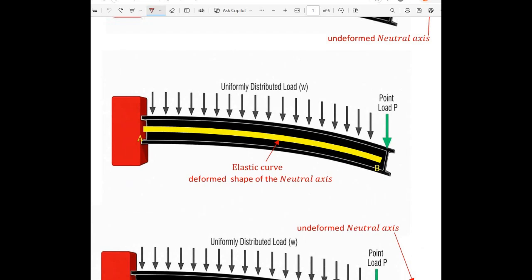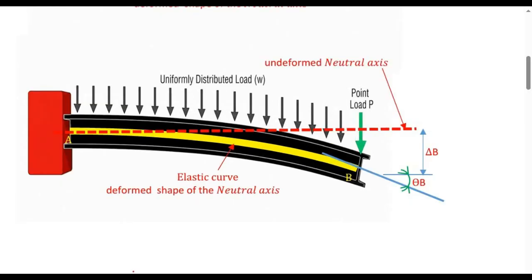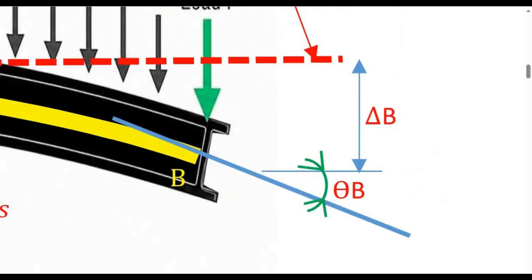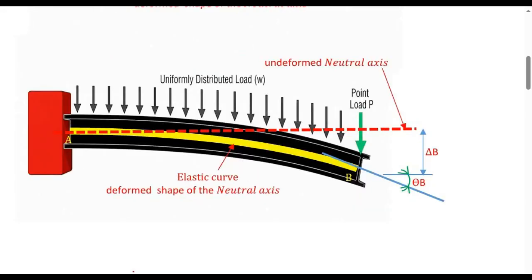Very important theory about the elastic curve of this kind of beam is the way it will bend. From the fixed support, it will have a small horizontal line, then follows a curvilinear path down to the overhanging end. Common problems require the slope theta, theta B, and deflection delta, delta B at the overhanging end of the beam, even if there are also problems where it also asks to determine the slope and deflection anywhere throughout the